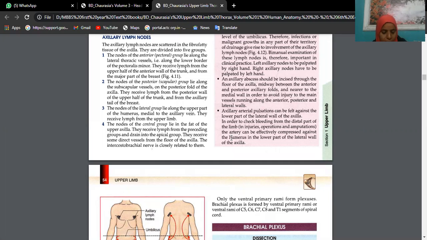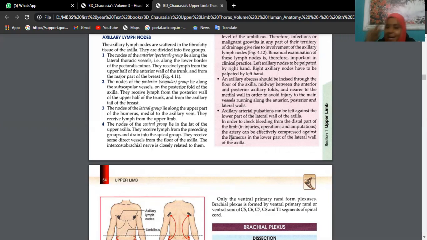Then microscopic anatomy of thick skin. Where do we find thick skin? Palms and soles, isn't it? Palms and soles, we find the thick skin. So we have certain layers. You just refer to your histology book. We have stratum basale resting on the basement membrane. We have cuboidal cells which are actually germinal in nature. That means they are multiplying and moving to the surface. Stratum basale. Then we have stratum spinosum.